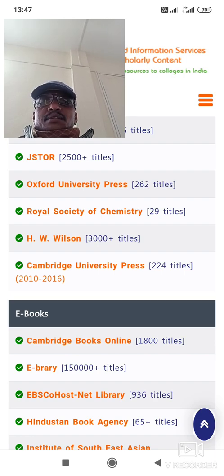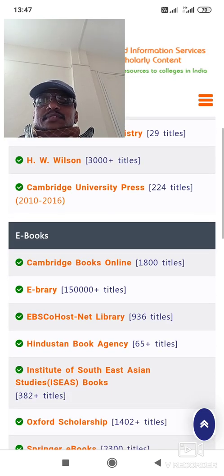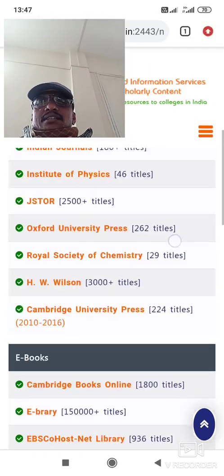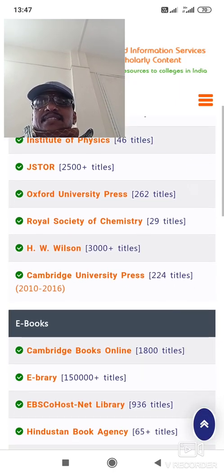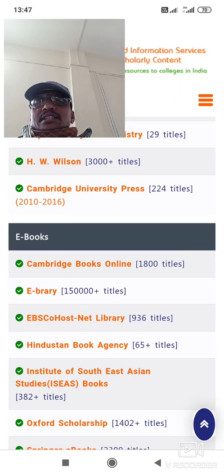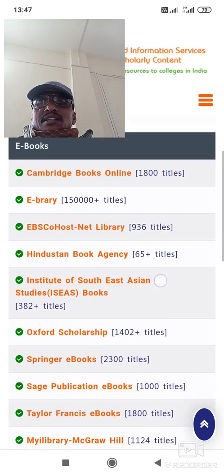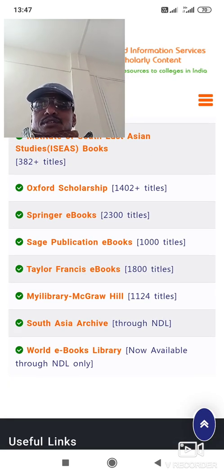Books are available here, and as of today 3000 books are available. Okay, and these are the purely journals platforms, and below it, this is a black line, its books are available. First of all, I will show one example, Sage Publications books. Once you click on this site, you will get the platform before you.